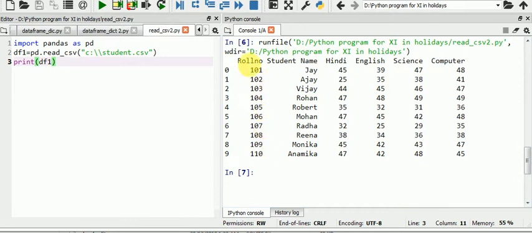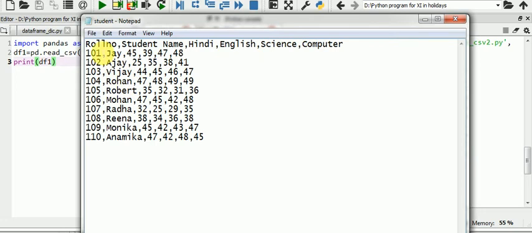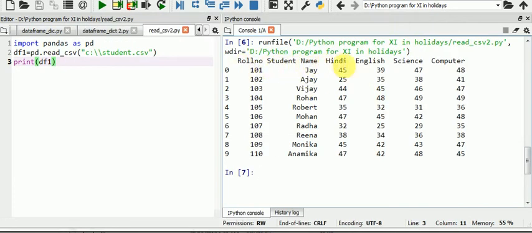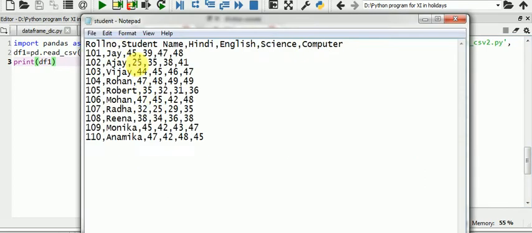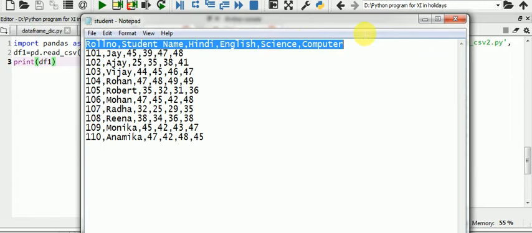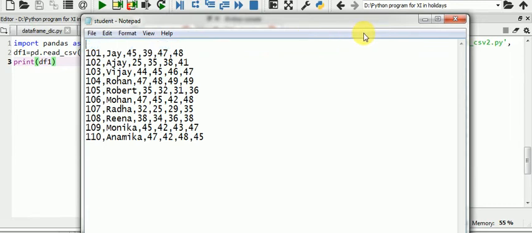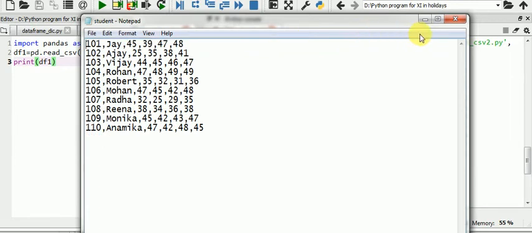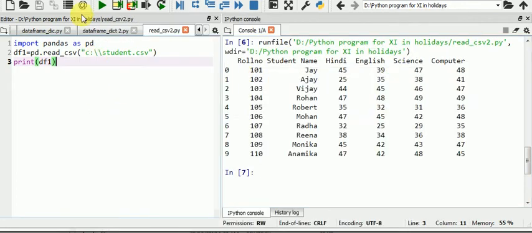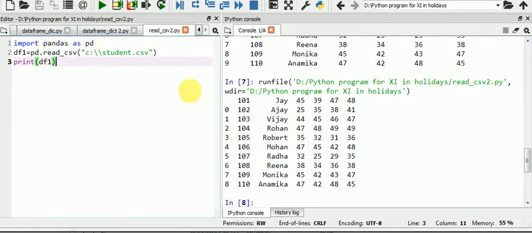Now look here, by default it will take your header name, like here the first row: roll number, student name. That displays here: roll number, student name, Hindi, English. Now if I remove this row from the file and save, and run this, now 101 is my first header.